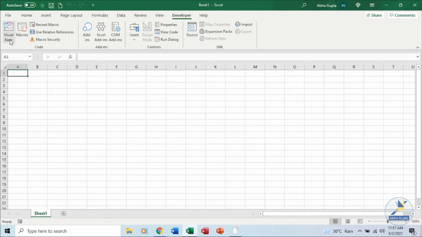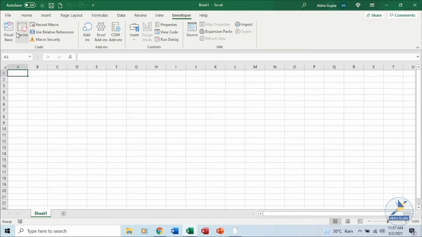So here you have your Visual Basic. If we click on this, it will open the Visual Basic for Applications editor for us where we can do the coding. Your recorded macro is stored, and at the back the coding and the steps are saved using VBA, and we'll see how the coding is done in the Visual Basic editor.